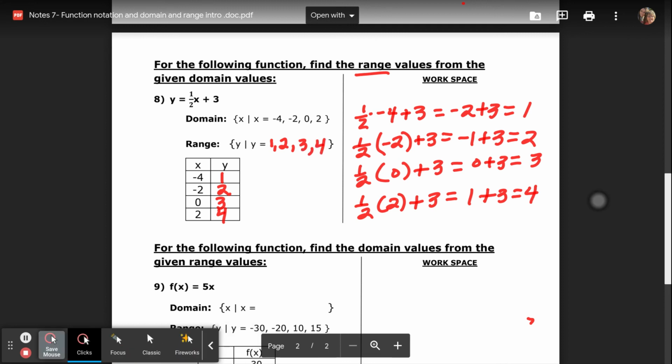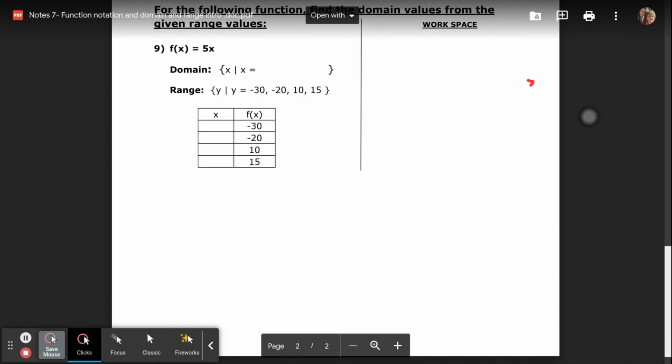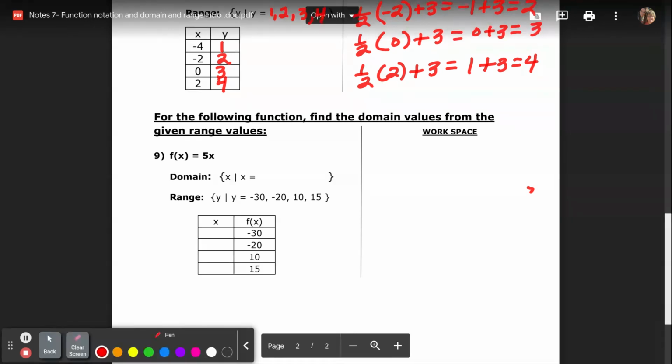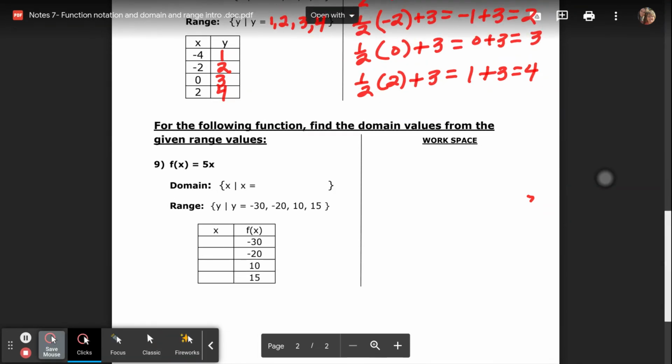All right, let's take a look at problem 9, the last problem here. It says, for the following function, find the domain value. So this is exactly what we did on the front, where we had to plug in our Y value. So over here,